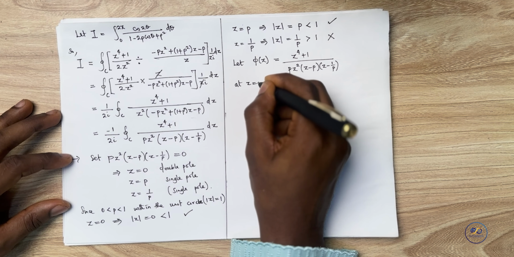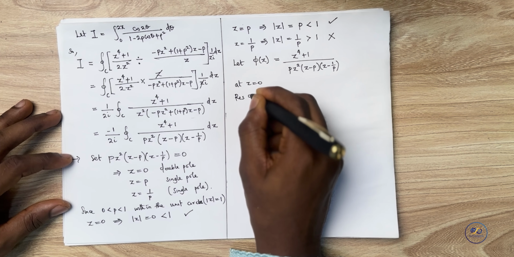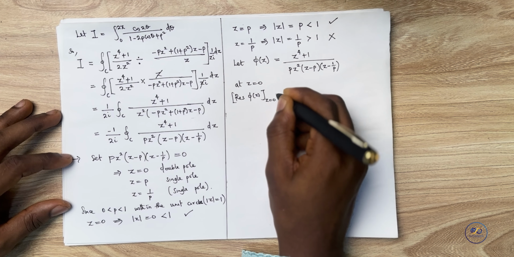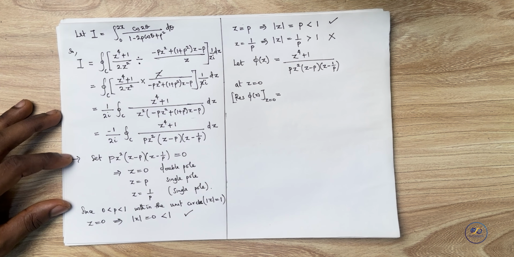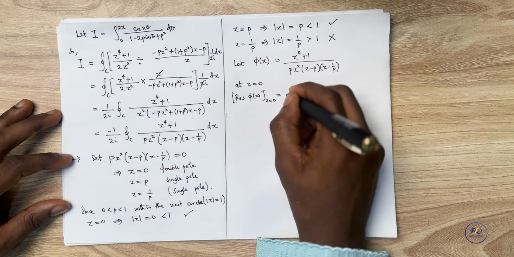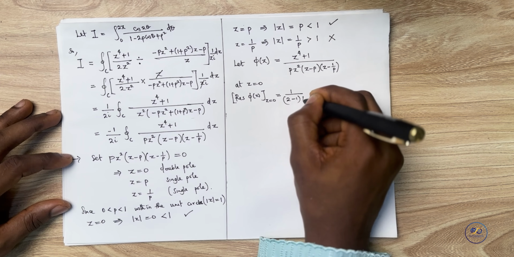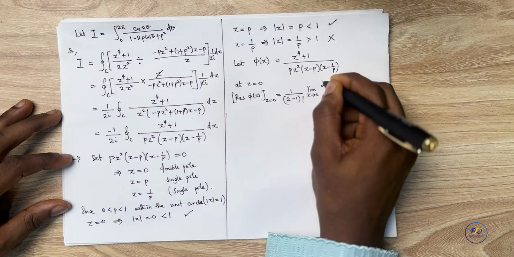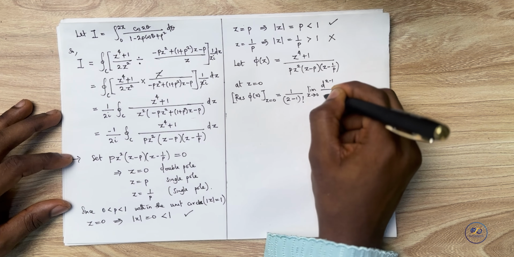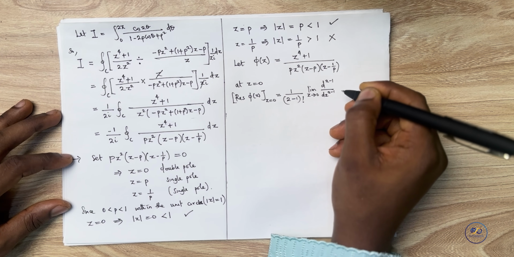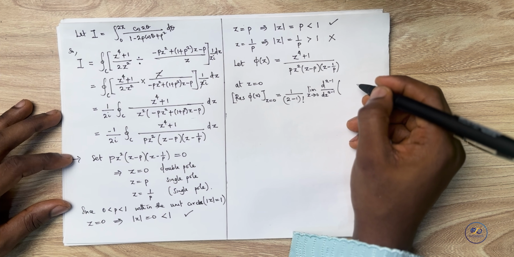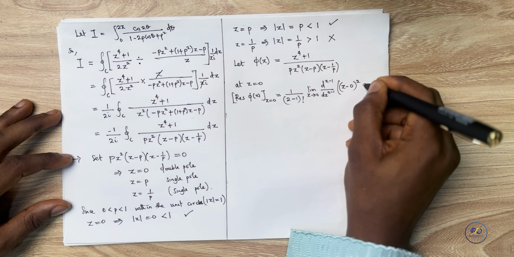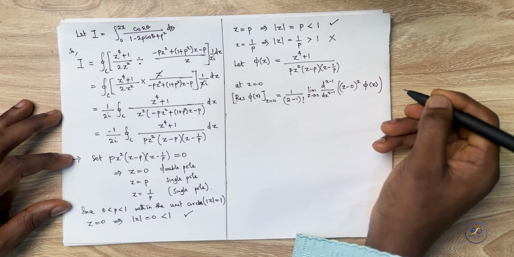At z equals 0, the residue of phi of z at z equals 0 would be, because z equals 0 gives us a double pole, so we have to apply the formula, 1 over 2 minus 1 factorial, limit as z tends to 0, the first differential